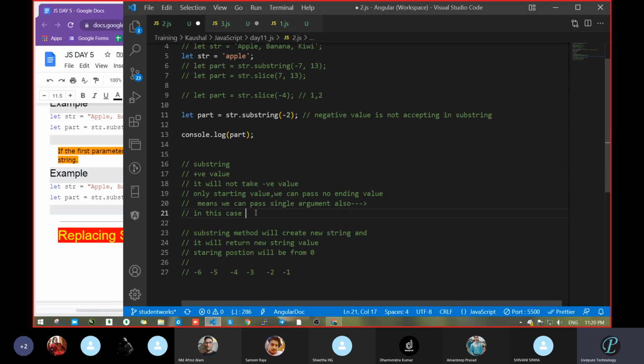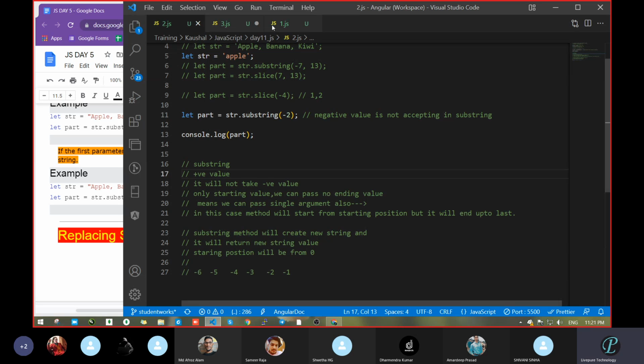In this case, the method will start from the first, means the starting value, correct? Starting index or position, that will be fine. But it will end up to the last. Clear? It will end up to the last. I think these are all the same.